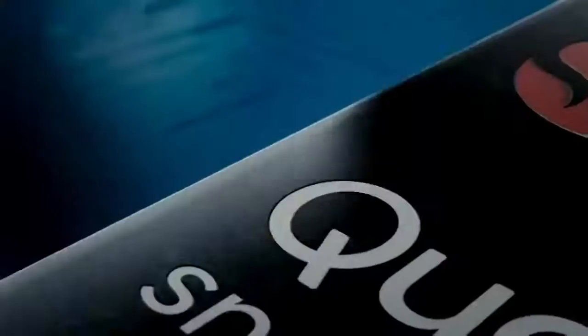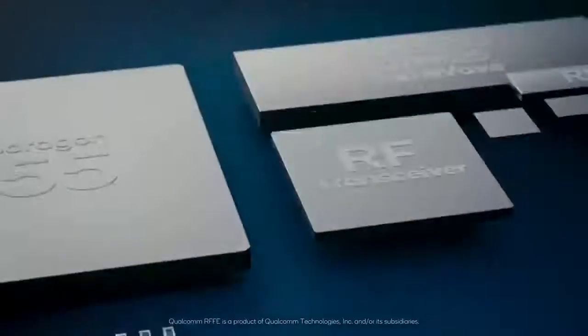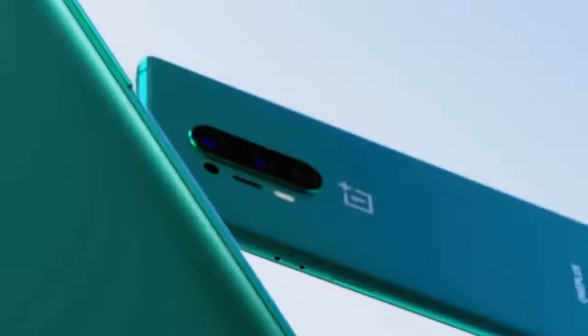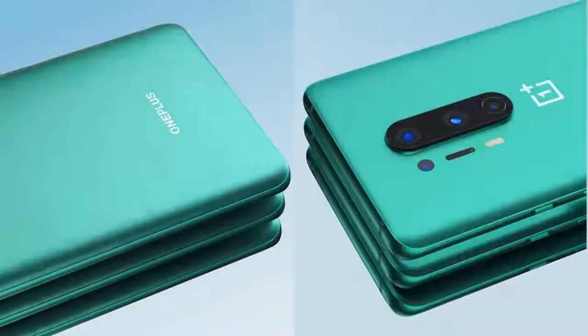The OnePlus 8 Pro is the first handset from the brand to carry an official IP rating, which means it's officially protected against dust and water. The phone features Qualcomm's top-of-the-line Snapdragon 865 chipset, which comes with Qualcomm's X55 5G modem to enable super-fast internet speeds where 5G is available. The OnePlus 8 Pro packs 4 rear cameras, including a 48MP main camera with an f/1.78